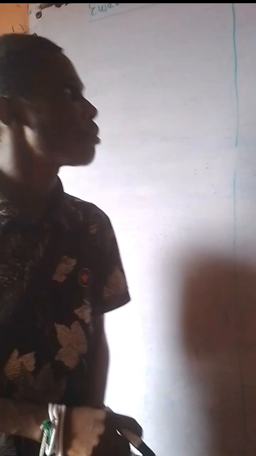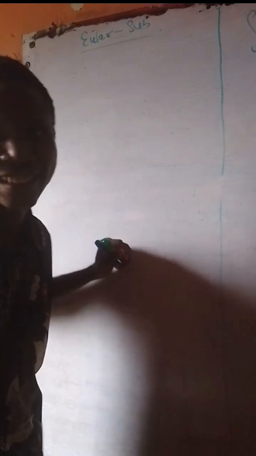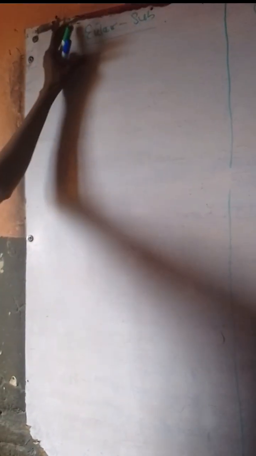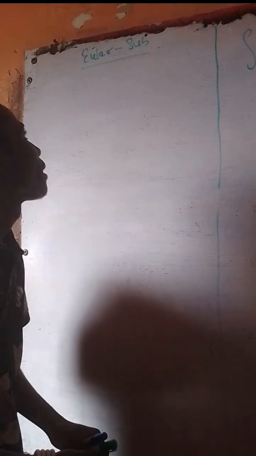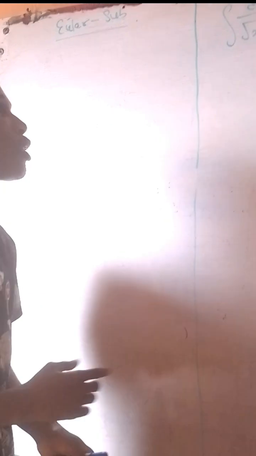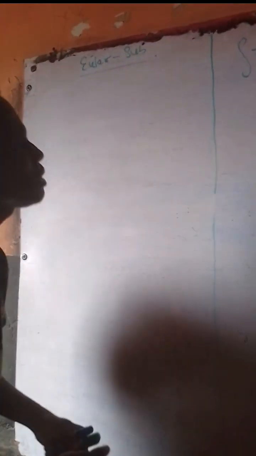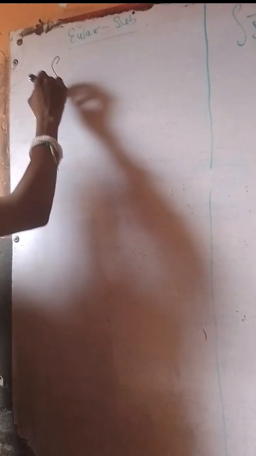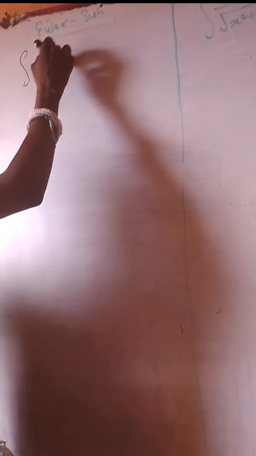Good day, guys. We're talking about integration, but the part of integration we're talking about mainly is the Euler sub. It deals with integration, and Euler substitutions are like three categories, but I'll only explain the first category. It mainly talks about integrating a particular function which is a rational function of x,